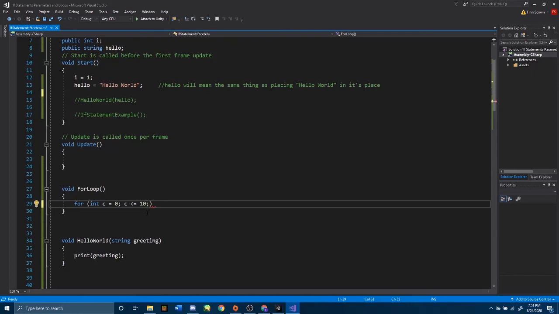To increase the value of c there, because I'm sure you've asked yourself, well, we say c equals 0, and then we say this loop runs until c is greater than 10. It will run as long as it is less than or equal to 10. So what causes c to become greater than 10? That is the last part of the loop, and we are going to put c